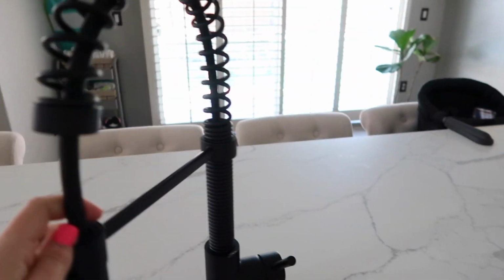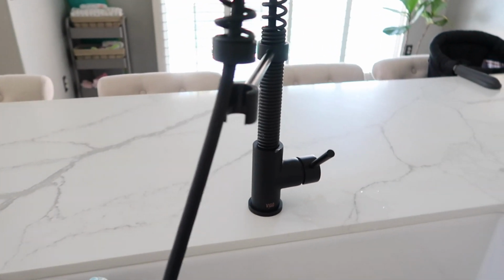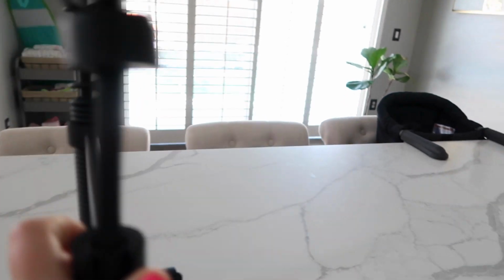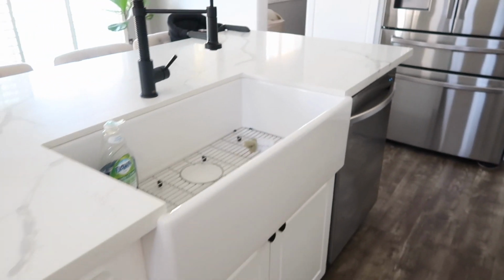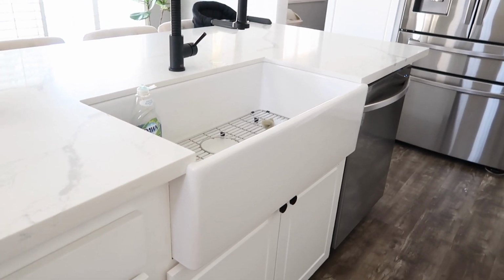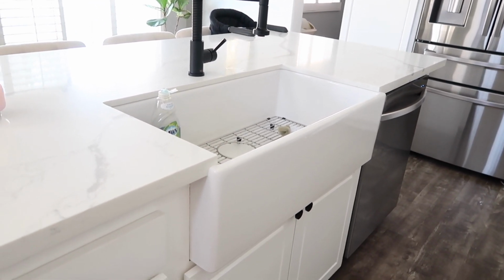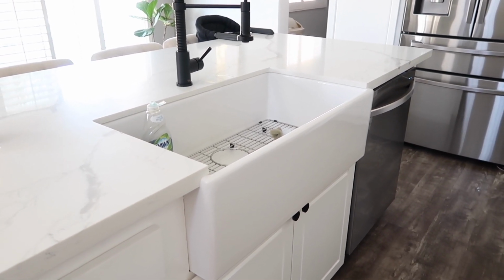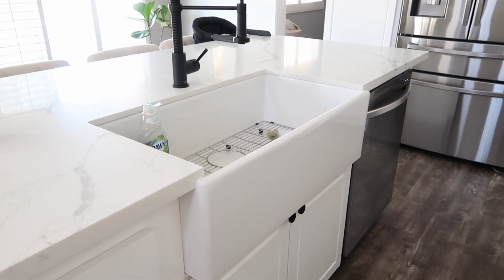And I really like how this one turns, and then it also has a really nice extension on it as well. And we did replace the sink. So we used to have a really outdated, unattractive black sink in here. There's nothing wrong with a black sink, but it was just very scratched up and, again, not really well taken care of. So I've always wanted an apron sink, and when we got quotes, a couple of the guys said that,